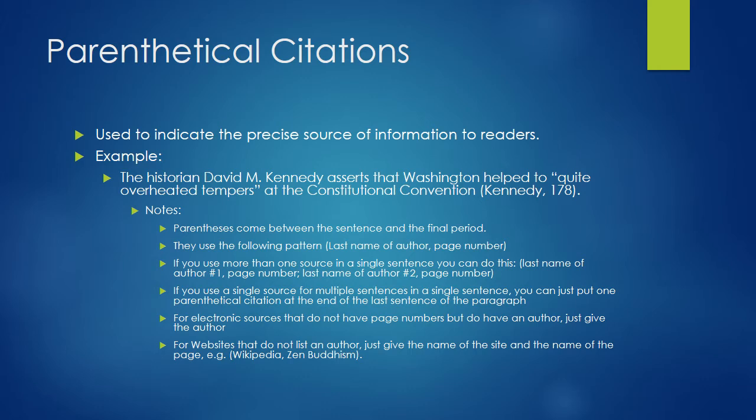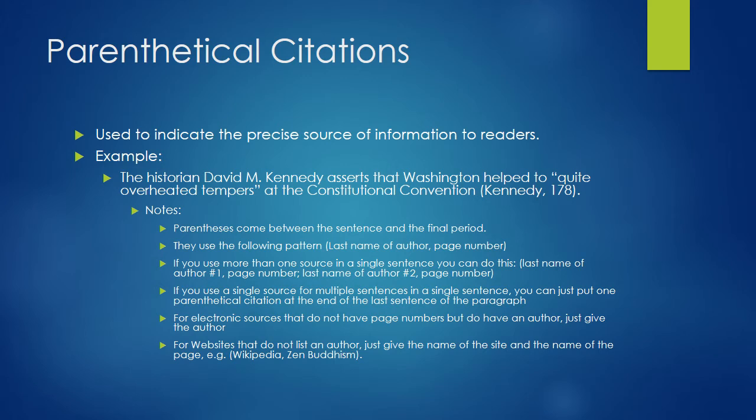So there are a couple of rules here. First of all, the parentheses always come between the sentence and the final period. That is the space where the citation goes. And they should always follow this pattern. Last name of the author, comma,